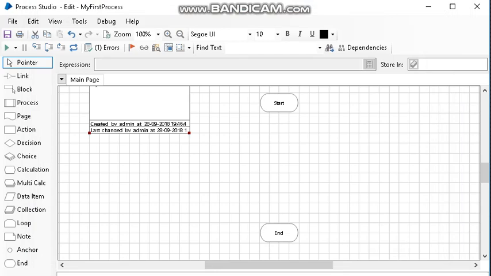So let's try to complete this process by simply linking the Start and End stage. All you have to do is click on the Start and drag it to the End stage. That's it. Your process is complete. Now let's try to run the process by hitting the Go button. See, the process is running and it just completed. It's as simple as that. You don't really have to be a programmer or a coder